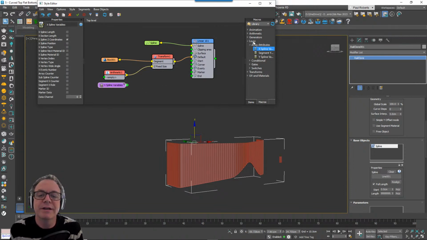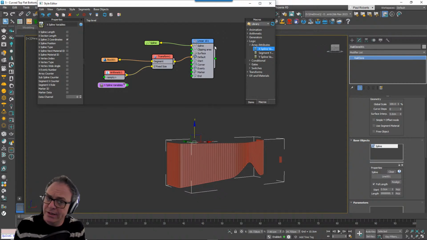But these macros are a way to try and simplify RailClone, because there are various things in here that will help you to create things without starting from a blank slate, basically. And as we work to improve the libraries, you'll see more of that stuff going into the libraries too. So you've got some places to start from.